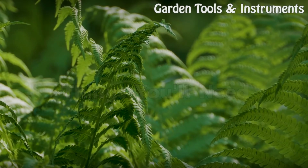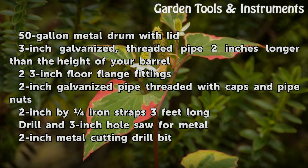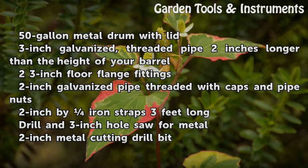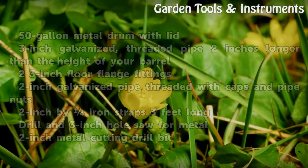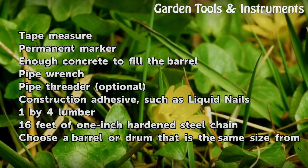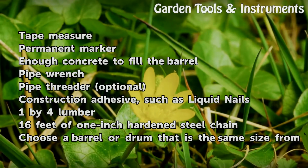Things you will need: a 50-gallon metal drum with lid, a 3-inch galvanized, threaded pipe 2 inches longer than the height of your barrel, two 3-inch floor flange fittings, 2-inch galvanized pipe threaded with caps and pipe nuts, 2-inch by iron straps 3 feet long, a drill and 3-inch hole saw for metal, a 2-inch metal cutting drill bit, tape measure, permanent marker, enough concrete to fill the barrel, a pipe wrench, pipe thread (optional), construction adhesive such as liquid nails,